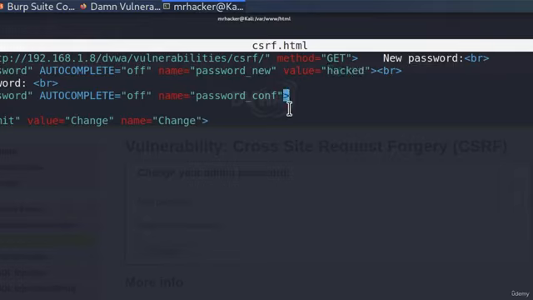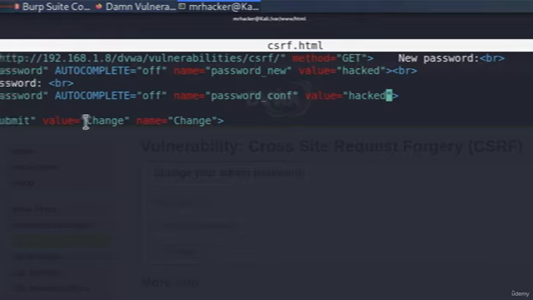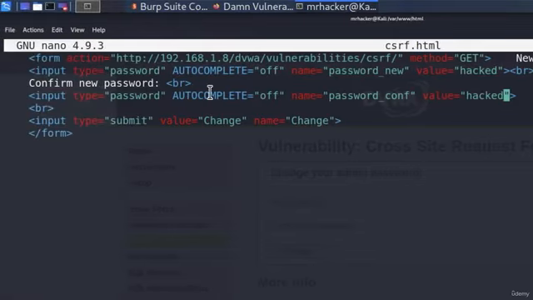We must do that for the second field as well. So value equals, open double quotes, and then hacked. Now, you will notice once we visit this page that the fields will already be completed. They will have this hacked value inside of both of these fields. Let's give it a try. If I save this, Control O,